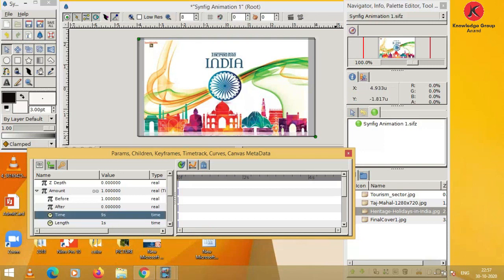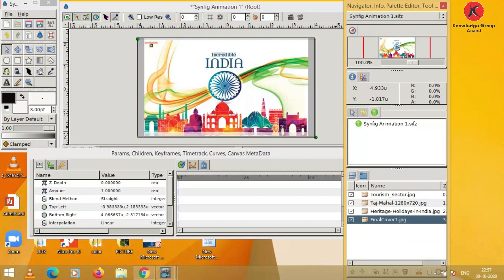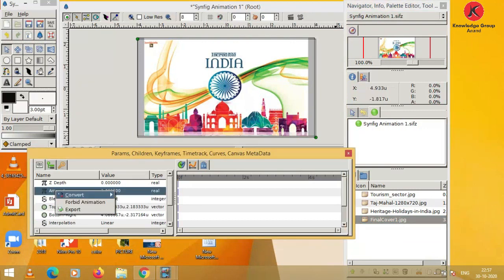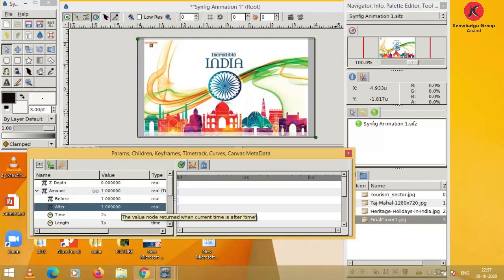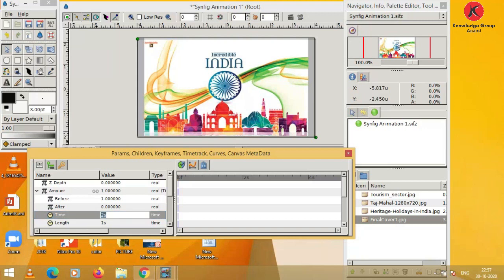Now our last layer: choose once again amount, right click, convert and time swap. Once again choose the after parameter 0.0 and time now 12 seconds and press the enter key.